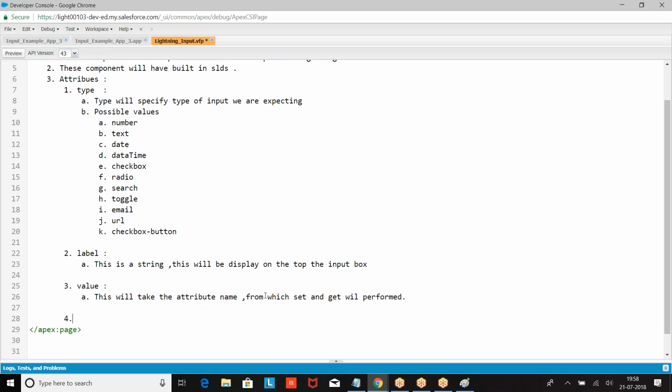Then the ID of the element. Then we have